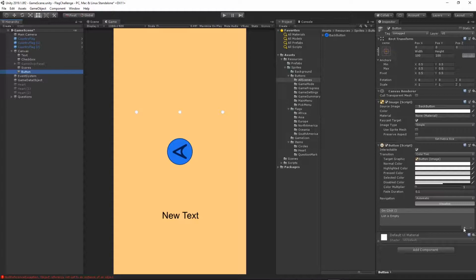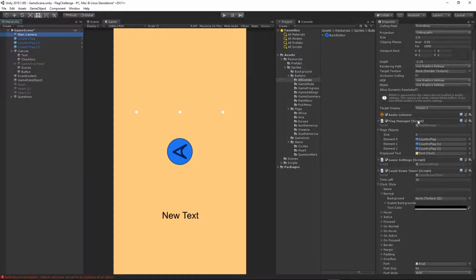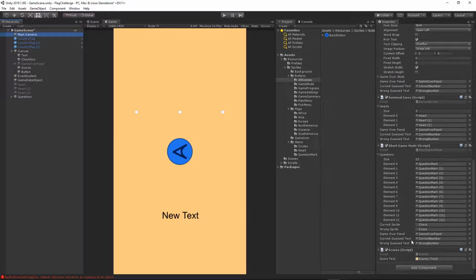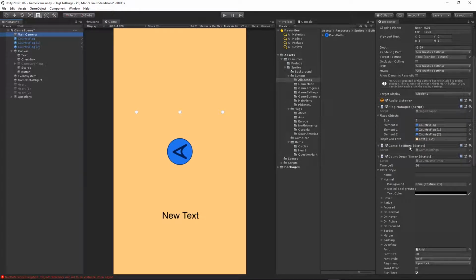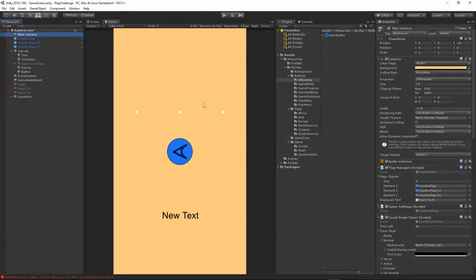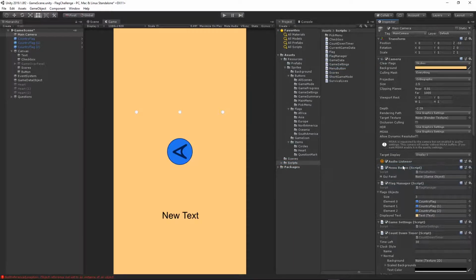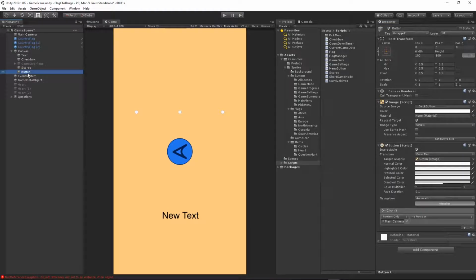And then on click event, I will just click the small plus, drag and drop the main camera. And under the main camera we should have our menu button script. We actually don't, so click on the main camera, then click on the scripts folder, and drag and drop the menu button script onto the main camera, so make sure it's there. Okay, and then in our click event on the button,